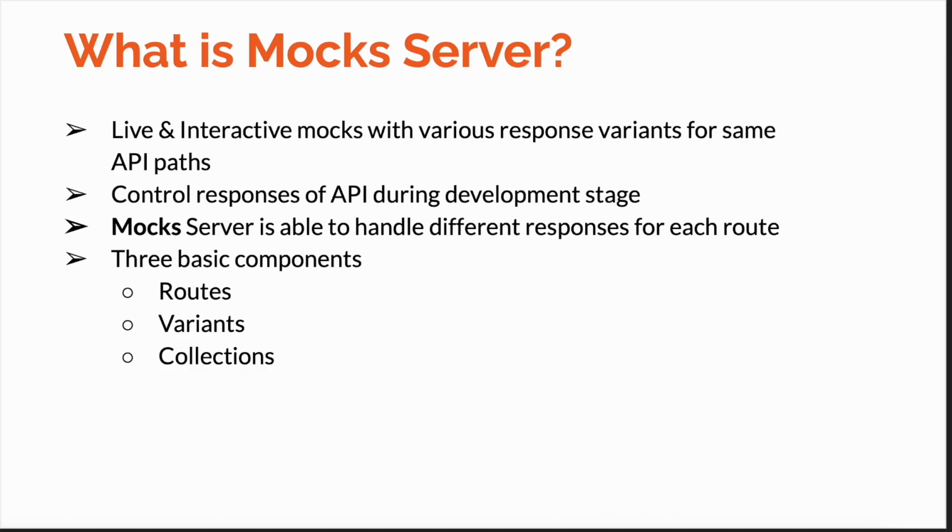API like in a real-time environment, wherein you could define an API response for 200 status. You could define a response for various HTTP error codes like 500 or 400. So you could define variants of your API, meaning you will have a single API which can produce multiple responses. That's the reason it is called mock server, wherein the mock is in plural form, mocks. And this would help you to control your API development even before the actual API is